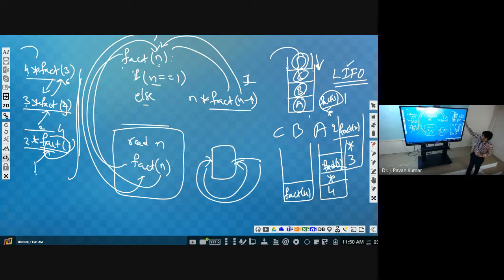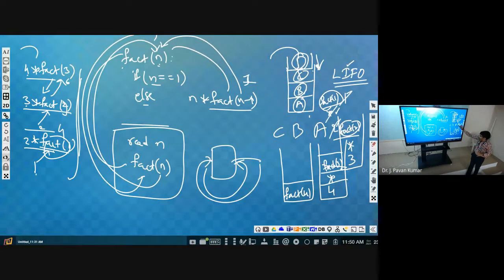Now we are having 1 multiplied by 2. This we have removed, isn't it? Fact of 2 removed. That's why this was substituted. Okay, so now 1 multiplied by 2. So these 3 will be retrieved. 1 will be retrieved, the multiplication symbol will be retrieved, then 2 will be retrieved. What is the result? 1 into 2 will be the result. That value is 2 only. So this will be removed, this will be removed, this will be removed.